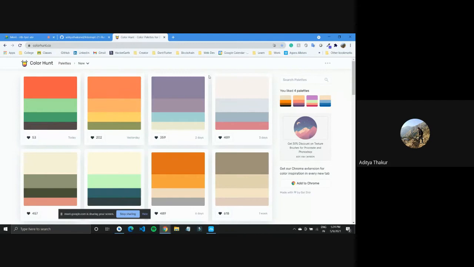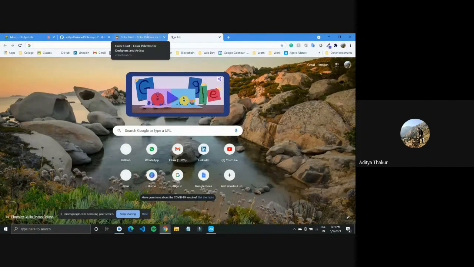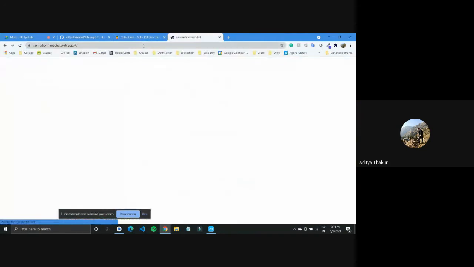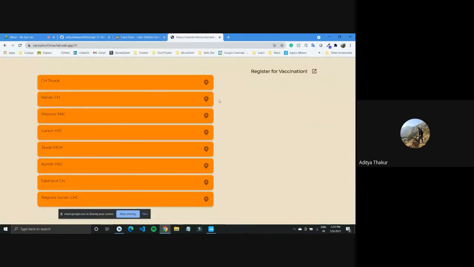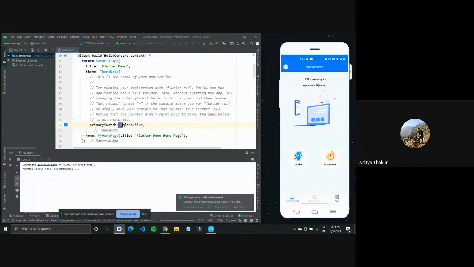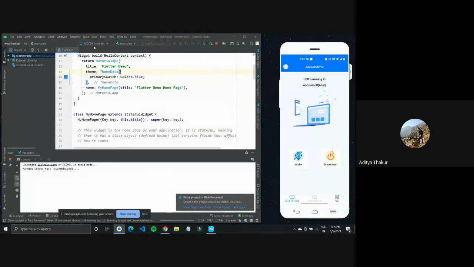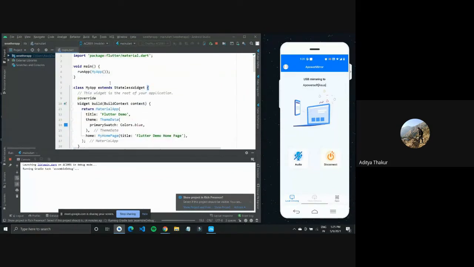So this is one of the websites I use. I like these four palettes that I've used in different applications of mine. There is also a website I prepared which uses the same color palette that we have here, the first one. So it is orange on top and a light color on the back. This is a website where you can select colors and use these colors in your Flutter application, or website for that matter. So theme data can be defined. This is the theme of your application. We'll clear the comments. We'll keep the primary swatch for now. I'll show you how to use this color later.